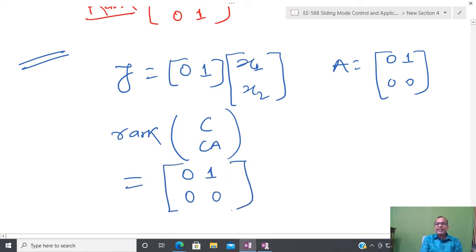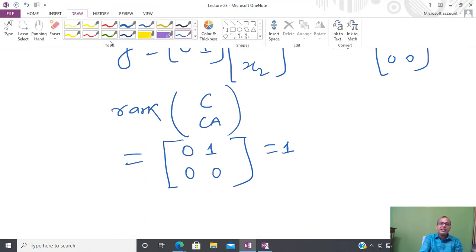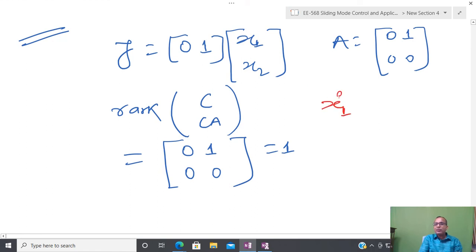So Vardha, could you please tell me what is the rank of this matrix? 1. So it means that if you have information of x2, then this will not satisfy the Kalman test. So the conclusion is that if you have information of velocity, then from velocity you are unable to measure the position, and that is justified. Why is that assumption justified? I will tell you that if x1 dot equals x2 and you know x2, is it possible to calculate x1 uniquely? Anyone?